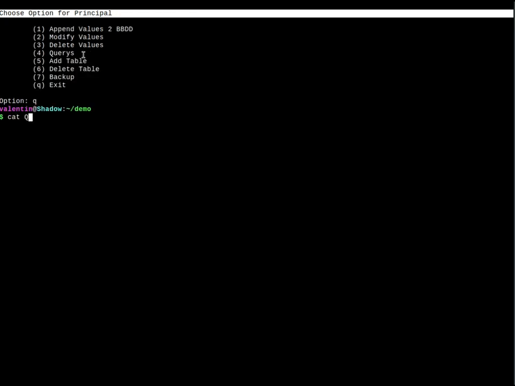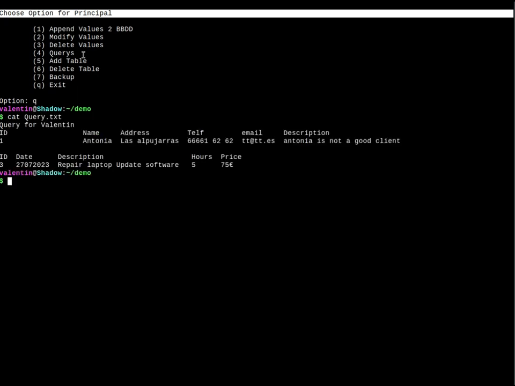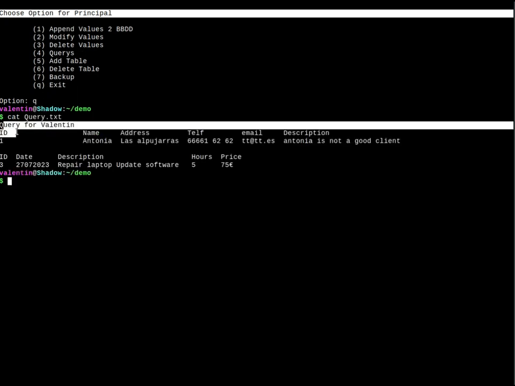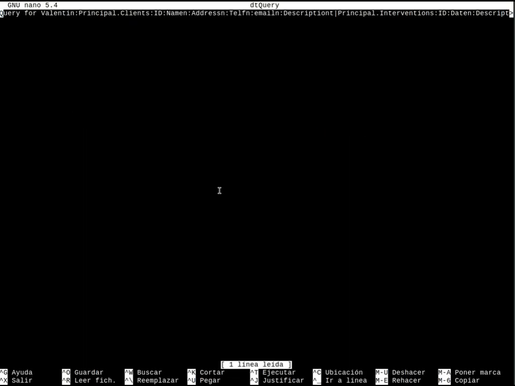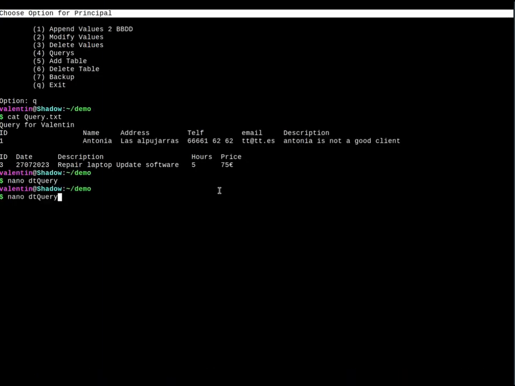If I put cat query, you can see this query. Now here I can change this and put query for, not for the name of the persons, it's not for data, query for data. Okay, I put query for data, and now